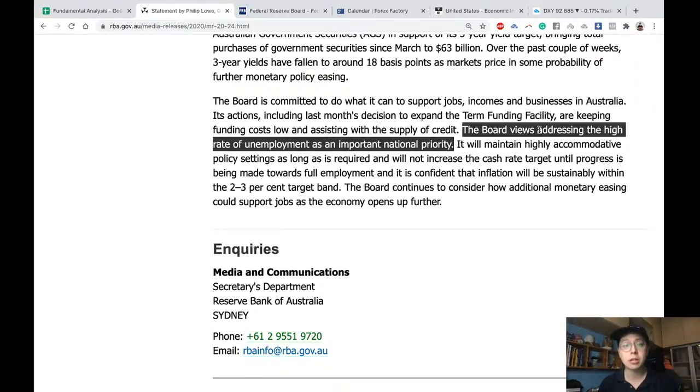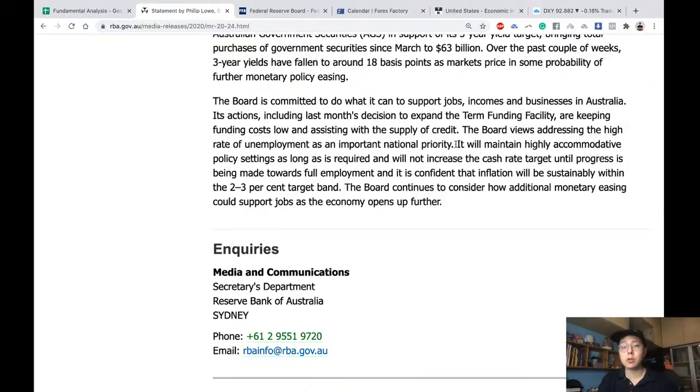I will also want to take a look at the employment rate. Why? Because if the employment rate starts to turn positive, that means people start to get employed, they start to have salary, and then it's a positive thing for the RBA. Maybe they will start to increase rate, and then from there, the Australian dollar will likely strengthen again, right? So again, I can know what to focus on as a trader because I know what the central bank is focusing on. That's why it's very important.